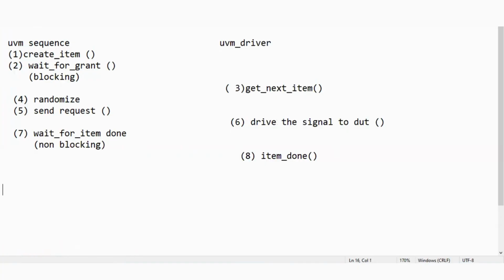So arbitration means, for example, I have a sequence item, let's say write sequence and read sequence. Now let's say you want to generate write sequence more, read sequence less. That arbitration you can control inside the UVM sequencer. Okay, we have that mechanism. Now let's say you want to send first write sequence, then read sequence in terms of FIFO, first in, first out. That also you can do here. So in this UVM sequencer,